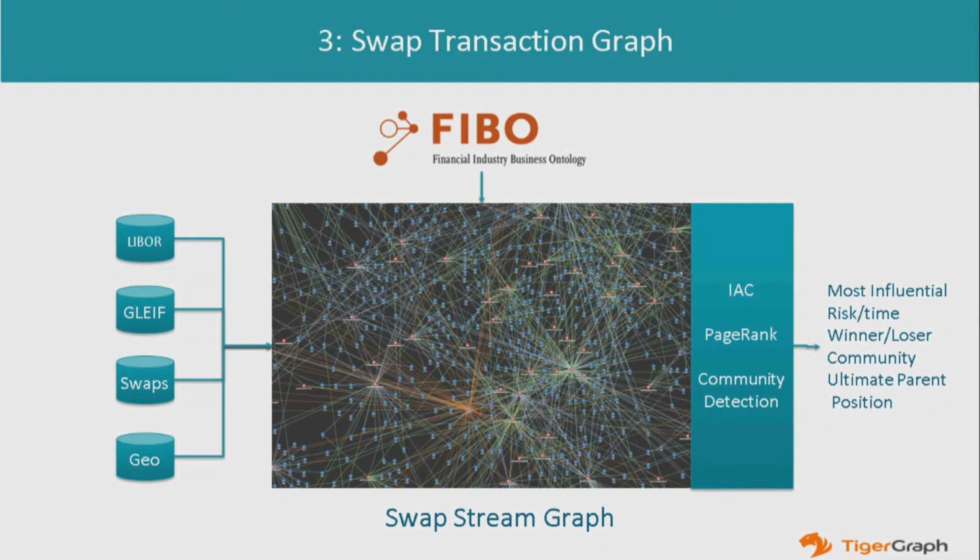So I started building a capability on top of TigerGraph to do this kind of analysis. And what you'll notice is I've got FIBO coming in. I'm bringing FIBO into TigerGraph. I'm bringing in the LIBOR stream, because those are your variable interest rates. I'm bringing in the legal identifiers along with the parentage of the companies, the ownership and control relationships, and also synthetic swap transactions. And I've also brought in some geospatial information so that I can report by country and region